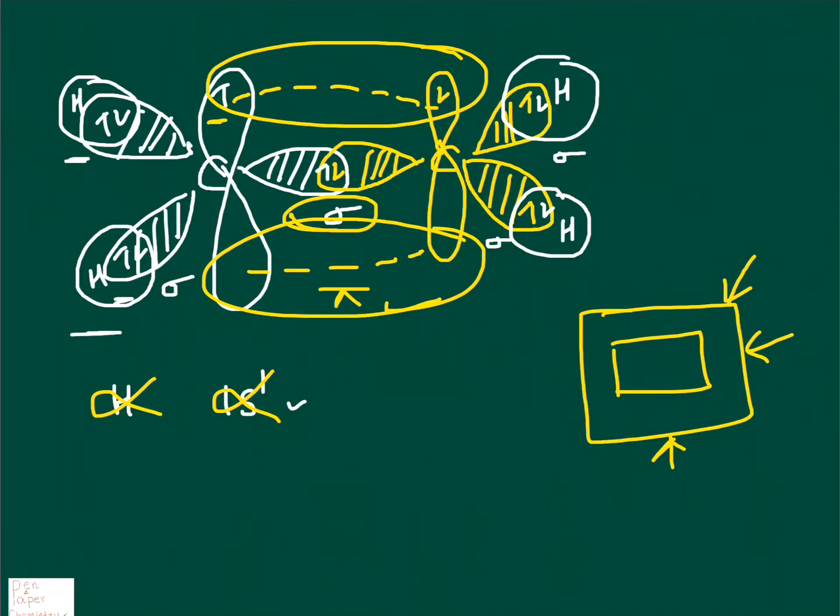So the electron cloud over here is present above and below the internuclear axis, because of which it becomes very susceptible to attack by species which have positive charge on them. And such species which have positive charge on them are electron loving,